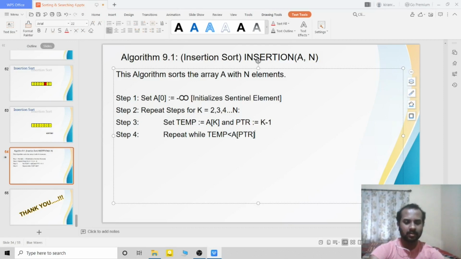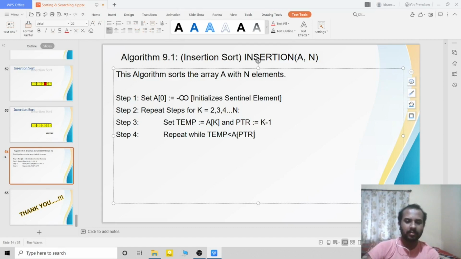Then what I have to do? Then I have to shift that, right? I have to shift A of PTR to A of PTR plus 1. Why? Because I have to increment the elements in the sorted array.